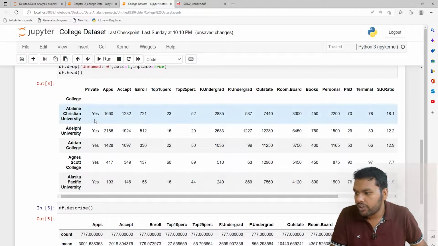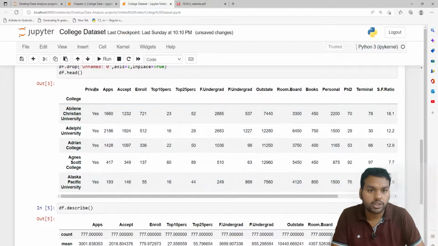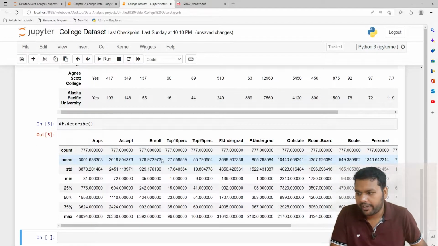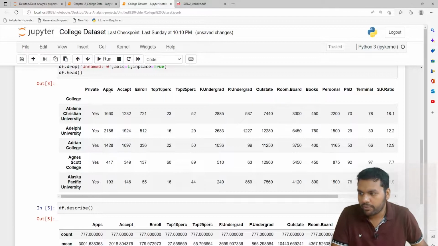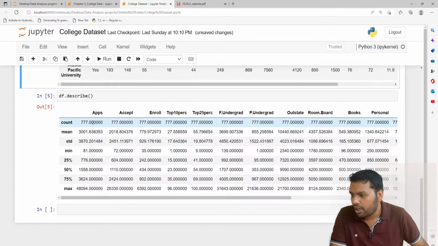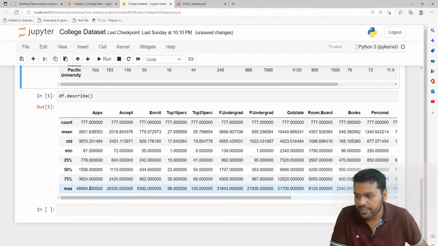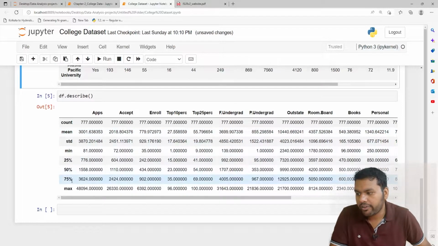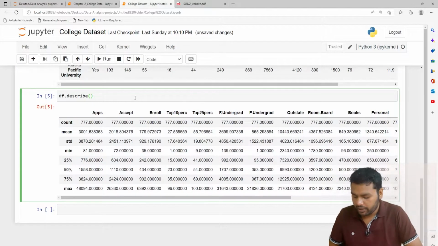So this Private column is actually your categorical column, because you can see the values yes and no. It is telling whether the university is private or not. So it is a binary variable, not a numerical variable, so it is missing here in the numerical summary. If you see from the Apps column, the data is numerical, so you can see the count, the mean, standard deviation, minimum, 25%, 50%, 75%, and maximum. With the help of describe, you can even calculate the interquartile range, that is 75% minus 25%, as well. So this is the way to print the numerical summary